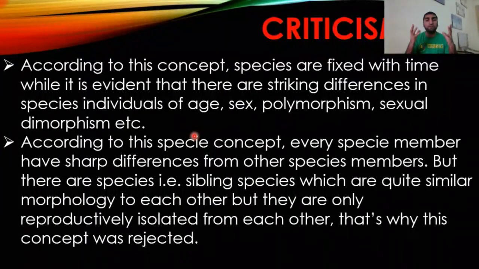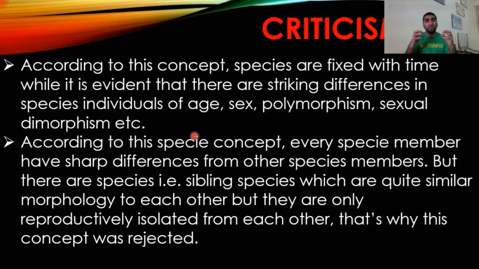So you cannot stick to fixed characteristics. You cannot define a species through a fixed definition, like saying that the species is fixed. So this is not acceptable. According to this species concept, every species member has sharp differences from other species members. But according to this concept, we say, for example, if they are morphologically different,